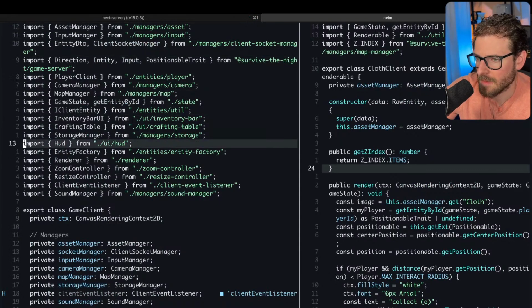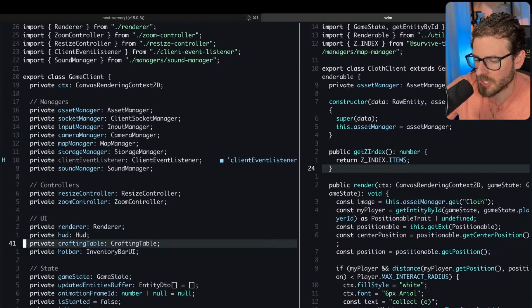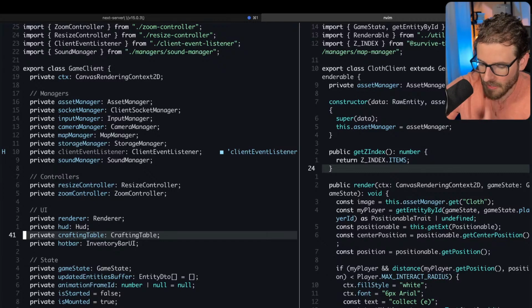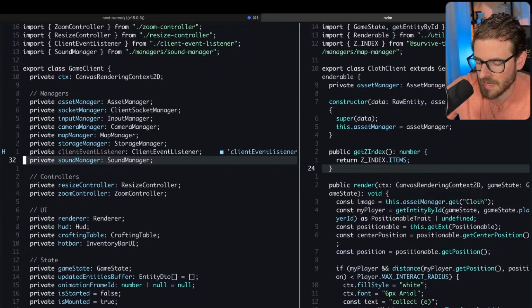So client is like our main entry point for this game, where we have all these different things we call managers. So you have different things in your game. You have sound, maybe you have a camera, maybe you have a map, maybe you have something that you need to listen to events from your server from. So we have these different managers so we can encapsulate that logic in a single class to make it easier to maintain and understand. And also later on, you can find stuff like, oh, where's the stuff that's related to sound? Well, it's probably in something called Sound Manager.